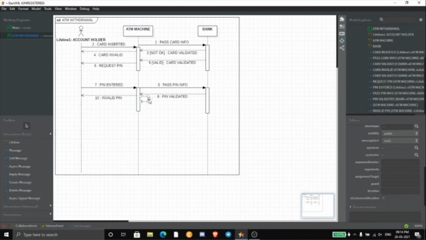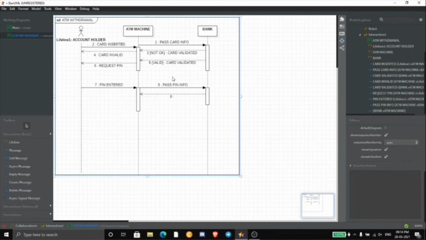Invalid pin. The arrow which is shown here is telling about a self message. A self message is a message that an object sends to itself, shown as a U-shaped arrow pointing back to itself. It usually represents recursion.